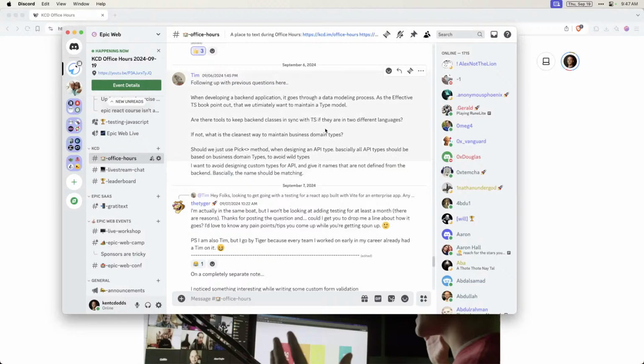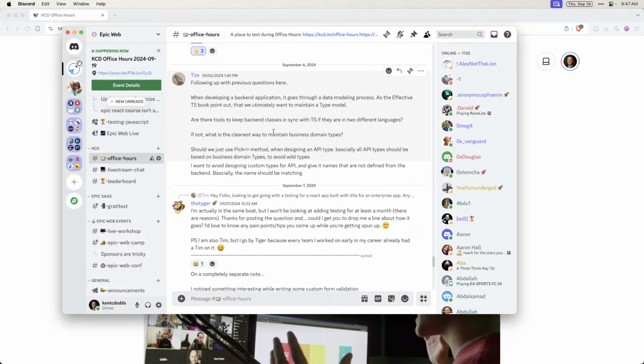Yeah, okay, so Tim, there are a couple of things to consider here. I'm guessing that you want to have your backend types transfer over to your front end, and the problem is that there's a network between those two worlds. On the back end you have a date, and on the front end, you go through this network layer, and a date will not be serialized. It'll be turned into a string, so you'd have to deserialize it. So there are tools